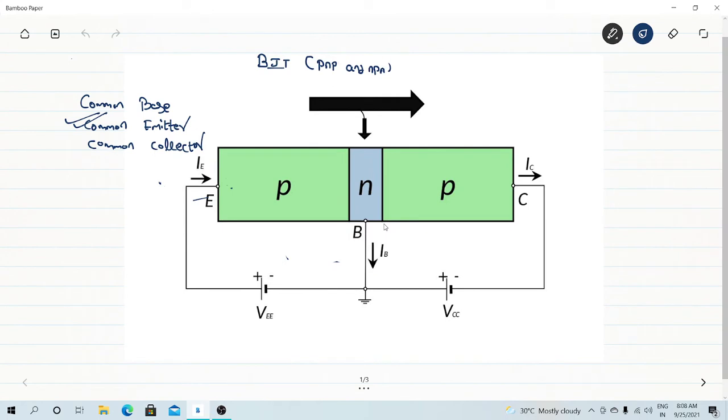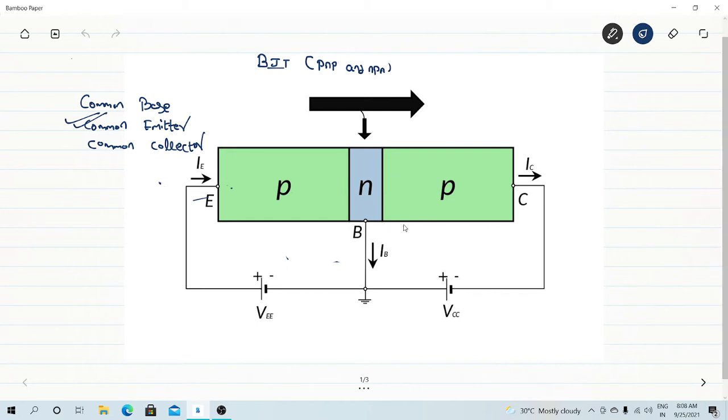Okay, and welcome back to the lecture. Today we are going to discuss a very important topic, that is bipolar junction transistor. We are going to learn the basics of bipolar junction transistor. Then after that we will learn the process of DC biasing and why DC biasing is required for AC analysis. That also we'll see in this particular lecture.